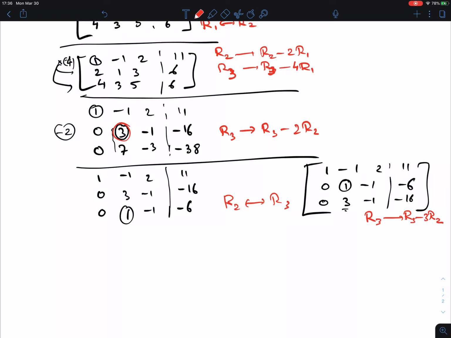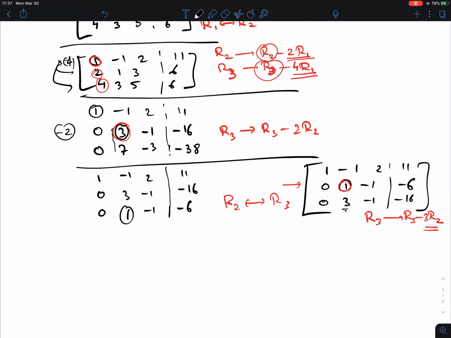Okay? I repeat, so in case you still don't understand this fully, what happens is always you have your pivot, and that means that this is in row 2, and that's why I'm doing operations using row 2. Here my pivot was in row 1, and that's why I take a combination of row 1 and add or subtract it from the row that I want to work with. Okay, if I want to get this 2 to 0, that's in row 2. For this 4, I did this operation, and so on. Okay, alright, so